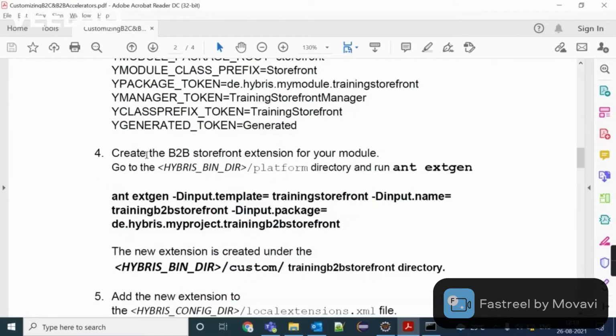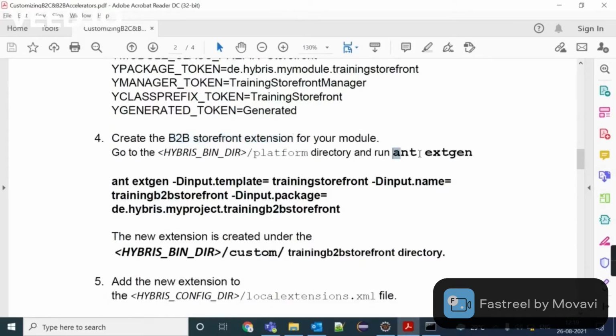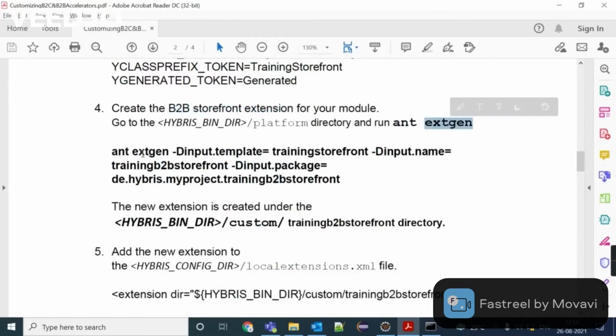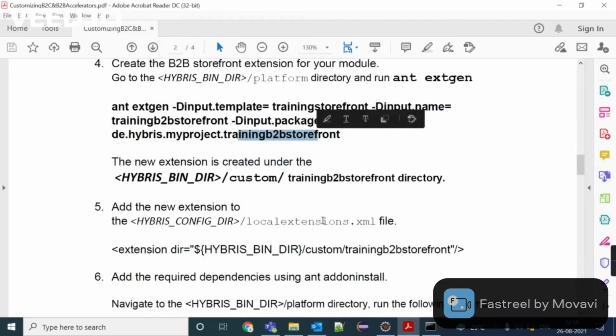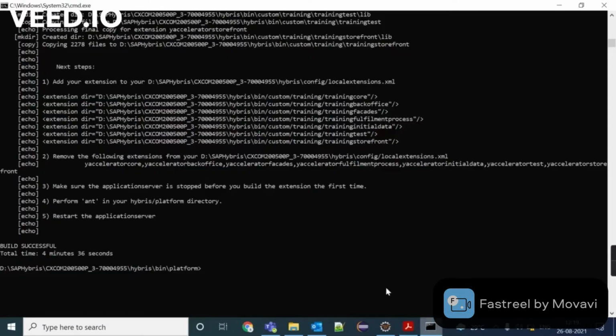Okay, now we are going to create B2B storefront extension with the extgen command. So here you can check the template is training storefront and name of extension is training B2B storefront, package is this. So run this command.